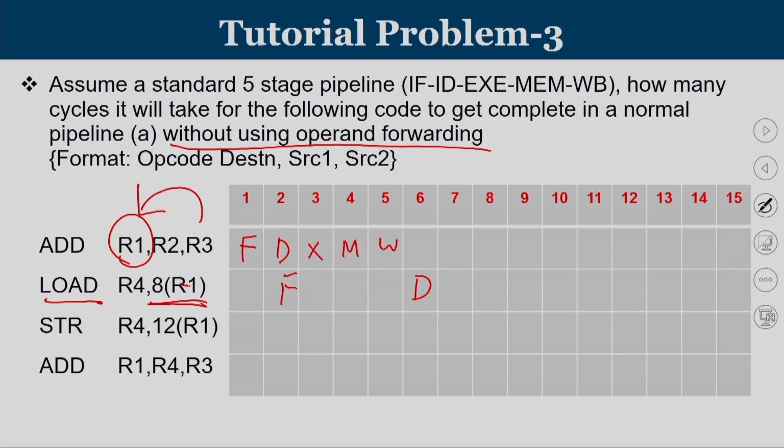So, reading of R1 is possible only after writing of R1 by the previous instruction is over. So, at this point only we can perform the second instruction. Now, whatever value you are going to load, that loaded value has to be written by this. So, the next instruction, store, value will be written to R4 only at clock cycle number 9. So, store can read the value only at this point. So, fetch, decode, execute, mem and write back. So, these are the stalls.